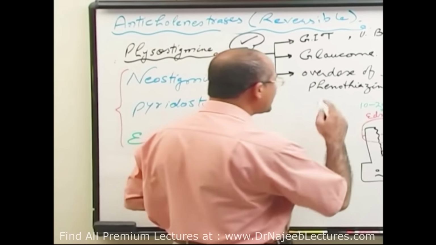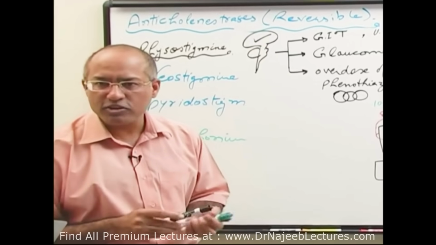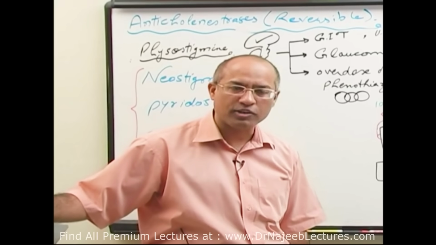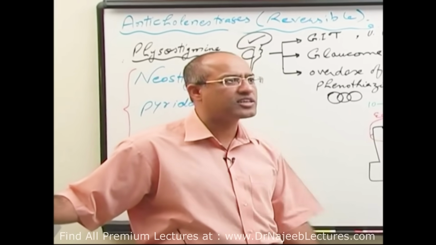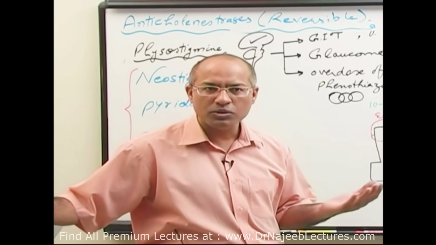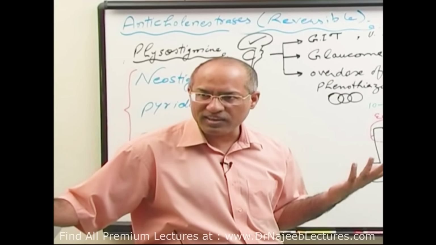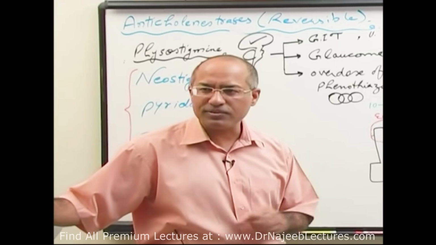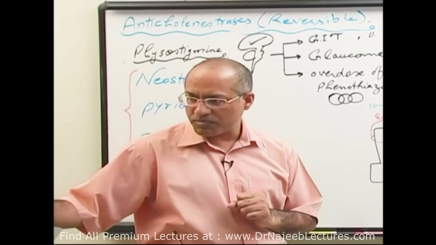And then tricyclic antidepressants. This group of drug also have anticholinergic activity, right? Tricyclic antidepressants can also bind with the cholinergic receptors and block. And if someone tried to commit suicide by taking a toxic dose of tricyclic antidepressants, one of the parts of the management is giving the physostigmine, right? What will physostigmine do? It will increase the acetylcholine at synapses by inhibiting the acetylcholinesterases, so that there is effective activity on the cholinergic receptor, right?